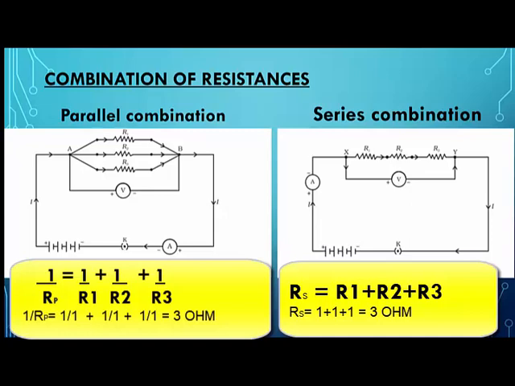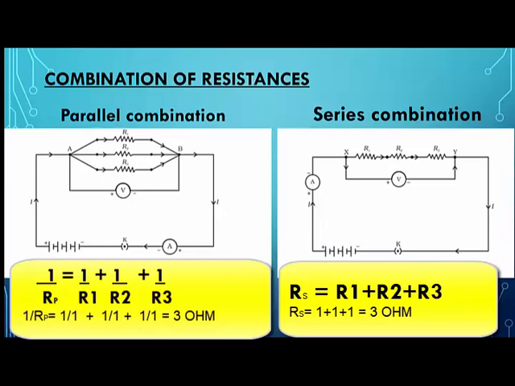Fine. So what is RS? RS is the total resistance or effective resistance or equivalent resistance when the resistances are connected in combination. So if all three are 1 ohm, what is the total resistance of this circuit? If the resistances are connected in series like this, and R1 is 1 ohm, R2 is 1 ohm, R3 is also 1 ohm, then the total resistance is R1 plus R2 plus R3, which is 3 ohms, isn't it?